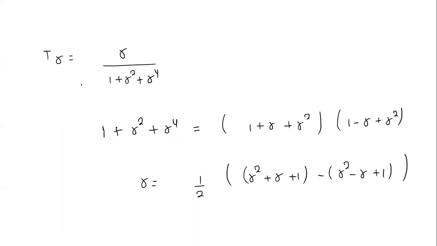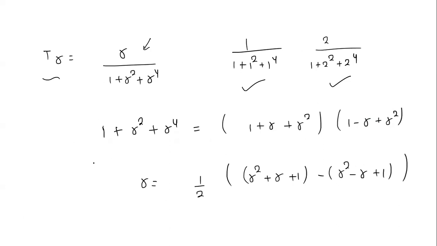So I denote TR as the Rth term, and I can write the Rth term simply as R divided by 1 plus R square plus R power 4. Because if you see the terms, it is like 1 divided by 1 plus 1 square plus 1 power 4, 2 divided by 1 plus 2 square plus 2 power 4. So I can easily write T of R as R divided by 1 plus R square plus R power 4. If you put R is equal to 1, you can get this term. If you put R is equal to 2, you can get this term. 3, you can get the next term. So in this way we can do this.